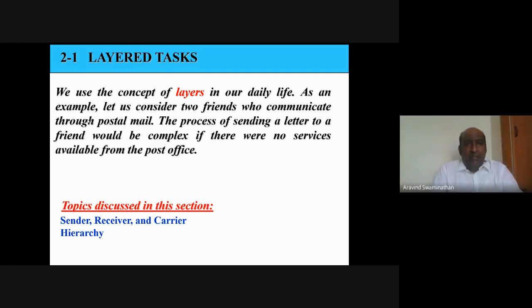So in layer task, we'll see about the different layers, and also what the different roles of the layers are, followed by some of the few questions, like how they are asked related to layering. Okay,